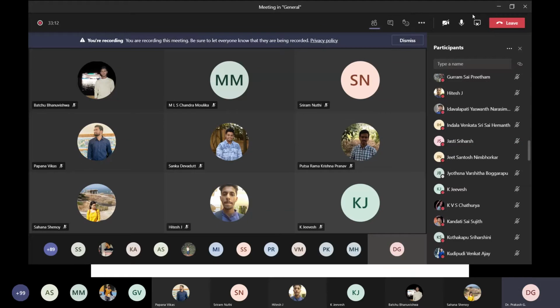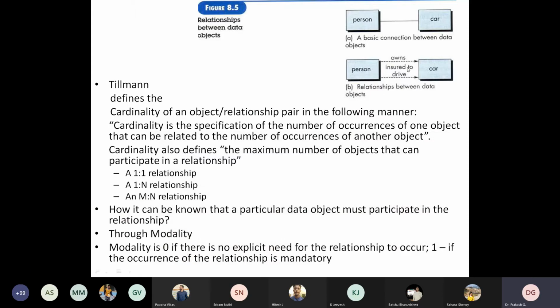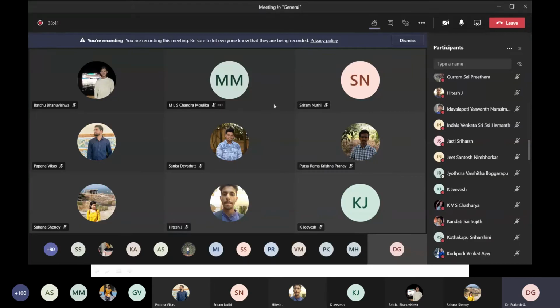A person can purchase multiple cars from a particular dealer, that is fine. And in another way, there is the relationship shown here, person insured to drive the car. So as you said, we cannot have one car provided a license for two persons. That is also fine. So your answer is justifiable. Now the other student who said m to n, justify your answer. Tell me why you said that.